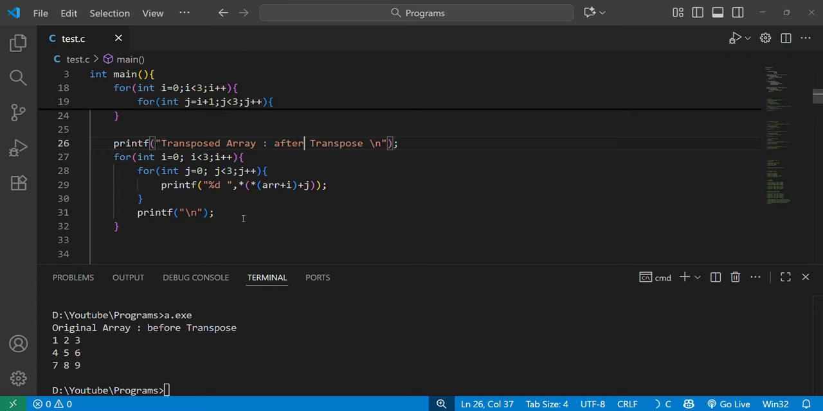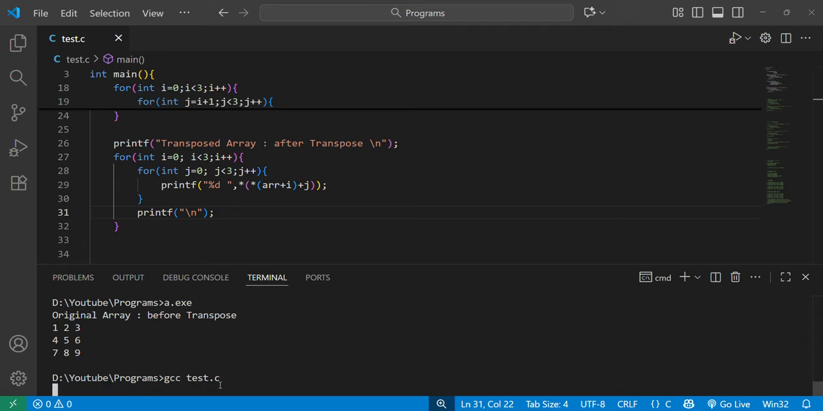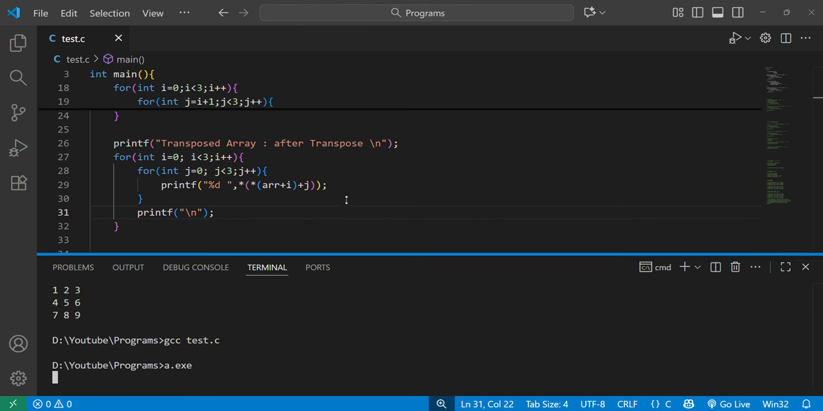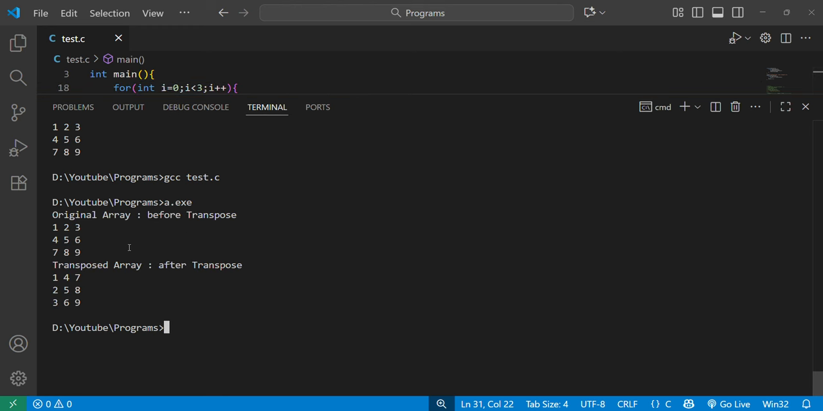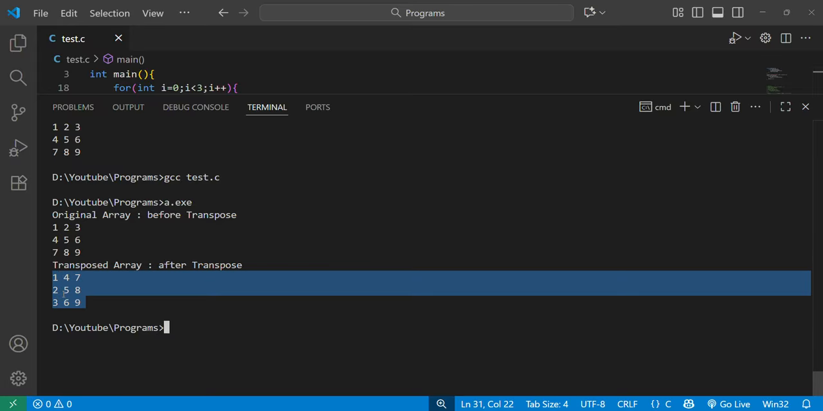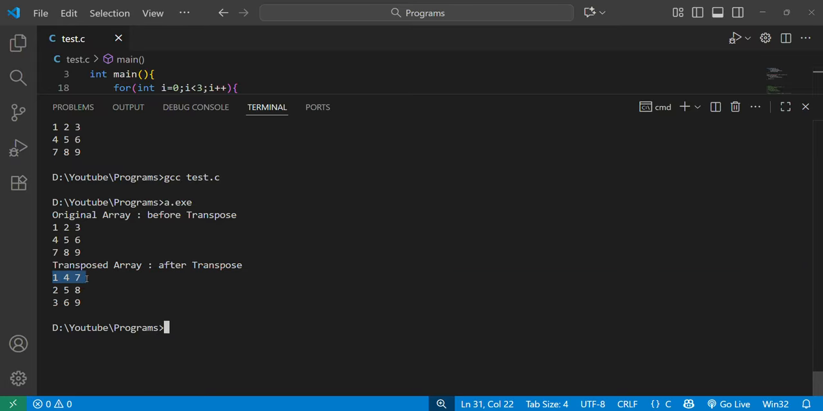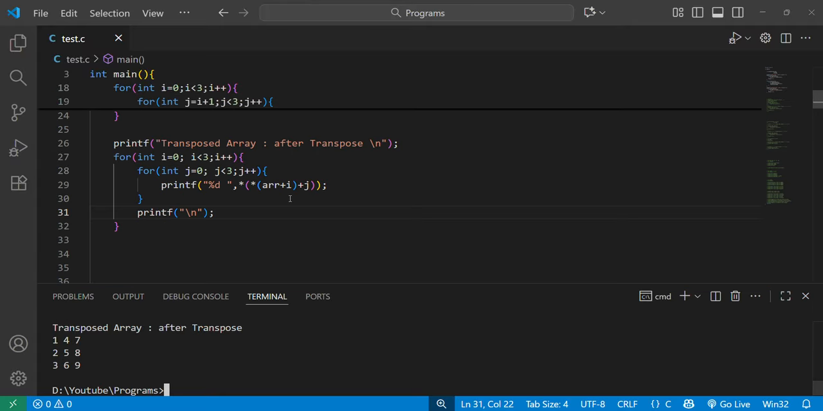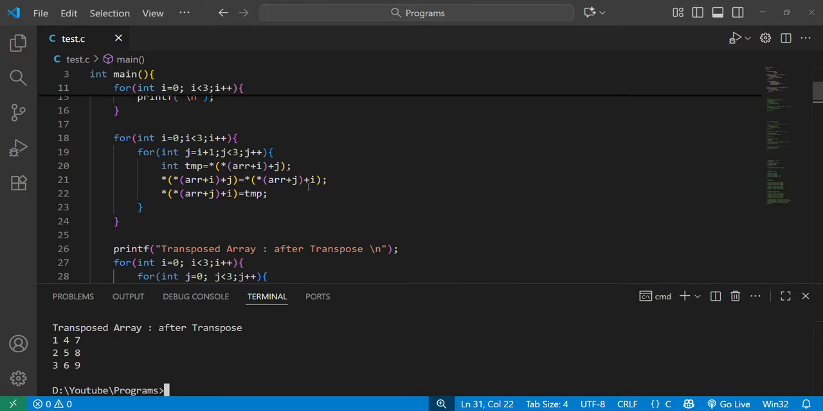After transpose. Okay, so what I'm going to do, I'm just going to run the code. I'm just going to compile it and I'm going to execute the program. You can see it is going to print the original array and the transposed array. Okay, so you can see that columns are transposed to rows and rows are transposed to columns, right? So we have transposed the array using pointers. Hope you understood the program,